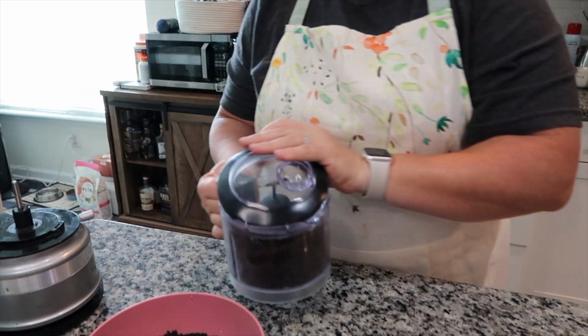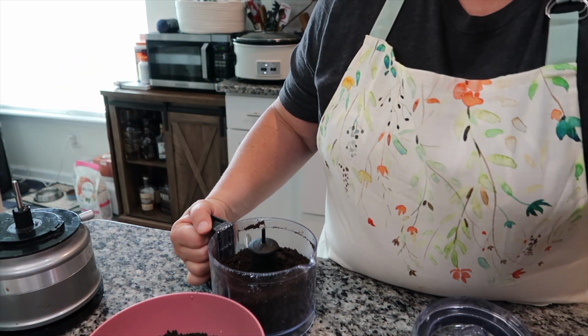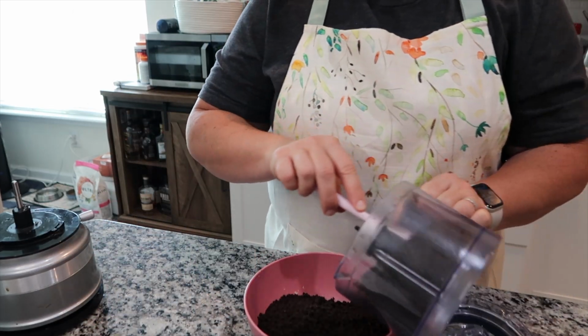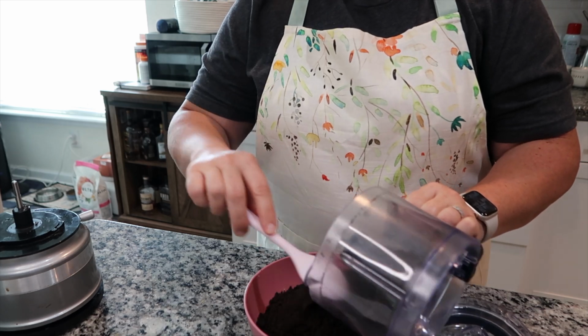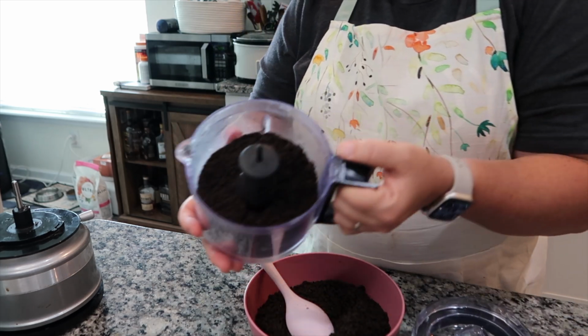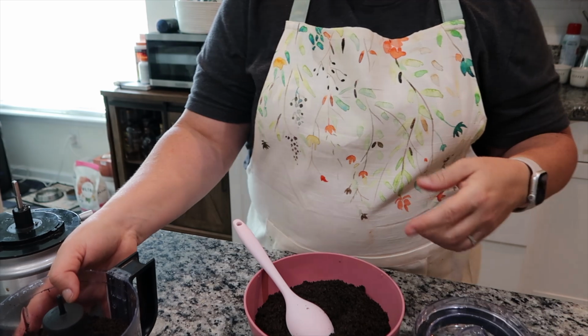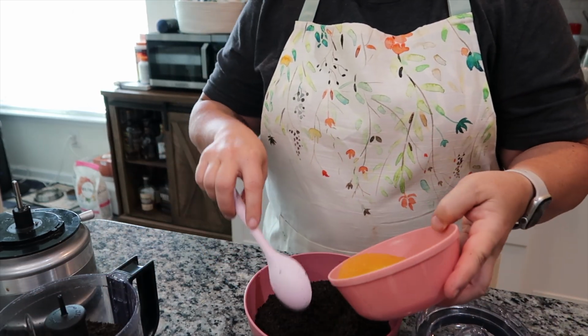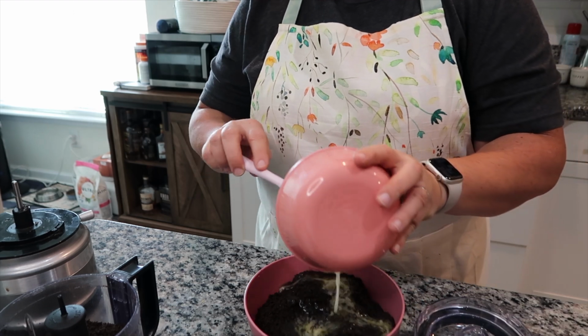Okay, so now, and the reason why I decided to just go ahead and do all 2. And so I'm going to stop right there. I'll leave a little bit out and extra. We can always add more. I do have 6 tablespoons of butter already melted, so I'm going to go ahead and just pour this on